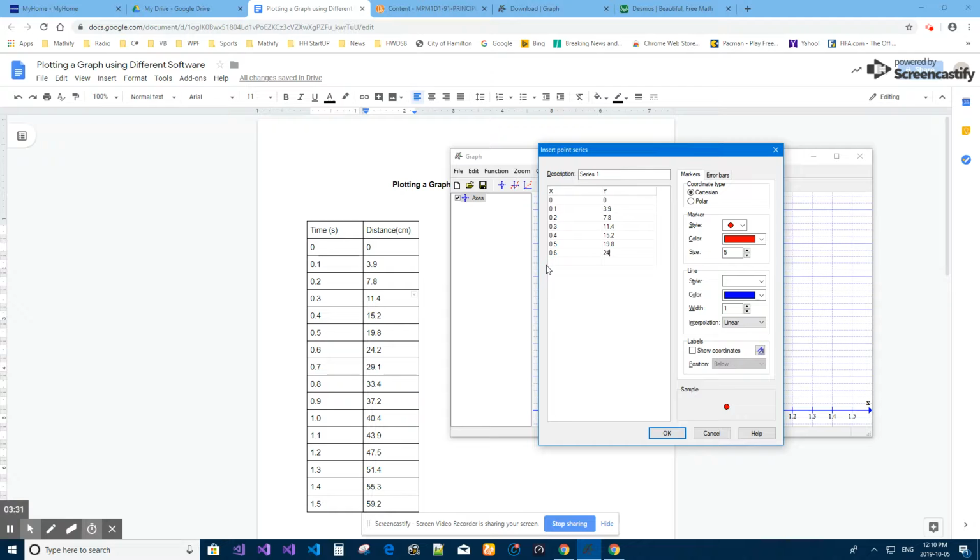0.6, 24.2, 0.7, oh, 0.7 is 29.1, 0.8, 33.4, 0.9, 37.2, 1.0, 40.4, 1.1, 43.9, 1.2,